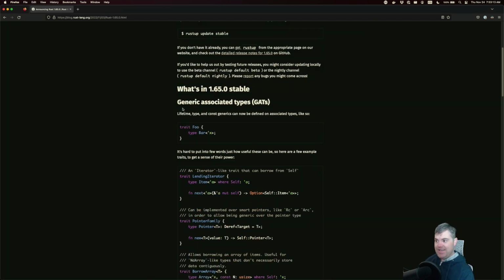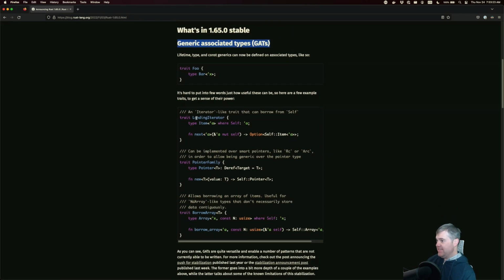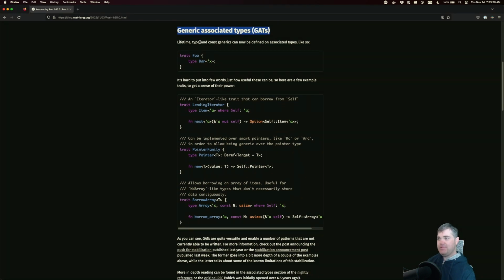Generic associated types. GATs is so much funner to say than generic associated types, of course. Basically, lifetimes, types, and const generics can now be defined on associated types. So we can now say things like this. And even the Rust team is having trouble explaining how powerful they are and what they can do. But this is the reason why I think this is a game changer for libraries behind the scenes,